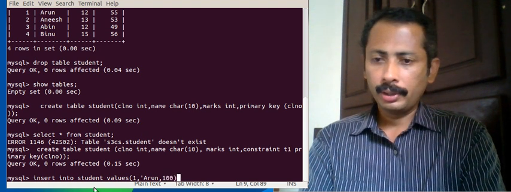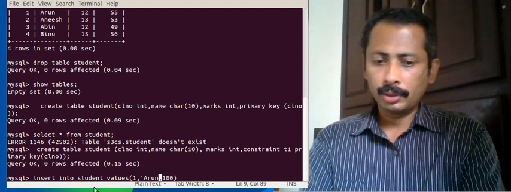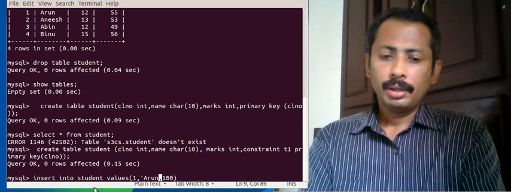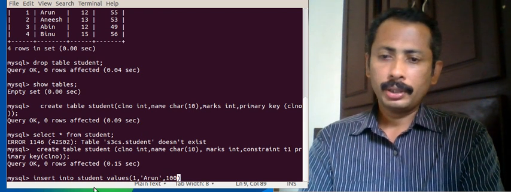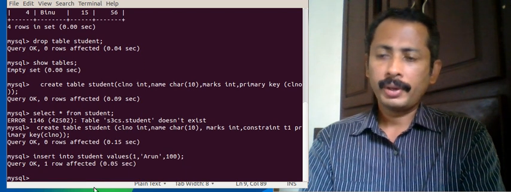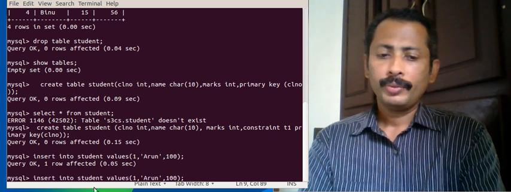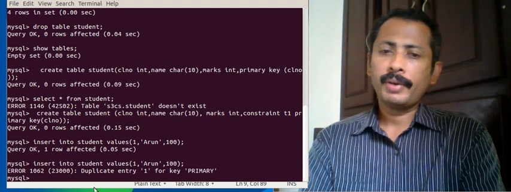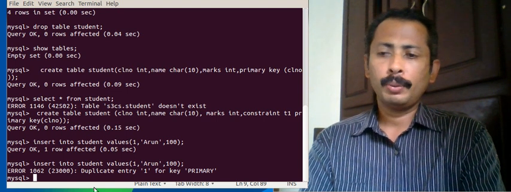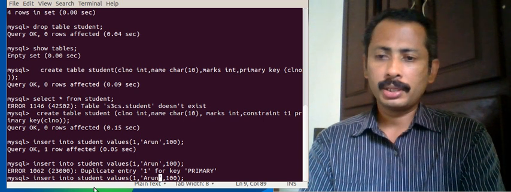So we have given the marks. We have to close the single quotes for the string. So iron comma 100 semicolon. So we have this first value inserted, and if I try to insert the same value, it will throw an error because a primary key cannot have duplicate values. So we have to change the value if needed.